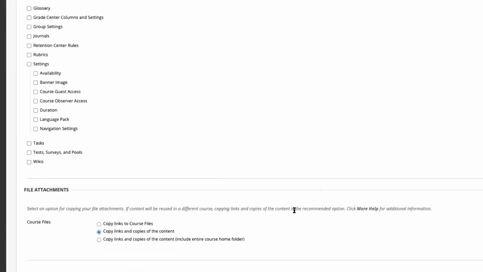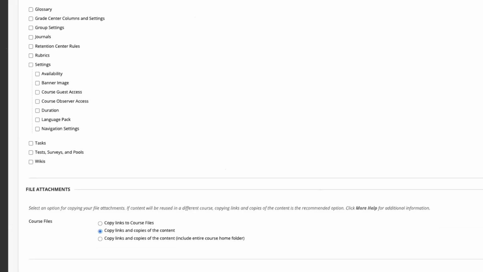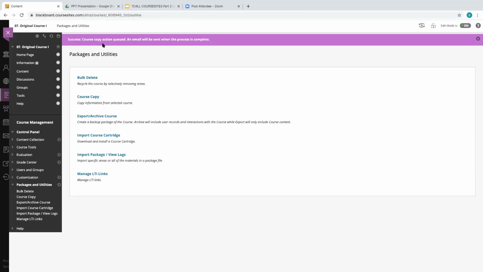And then here at the bottom, I have 3 options. The second option, copy links and copies of the content. Make sure that you select this and then click submit, and that's it. If you notice up here, it says success. It says that you will be receiving an email letting you know that everything got processed, but if you give